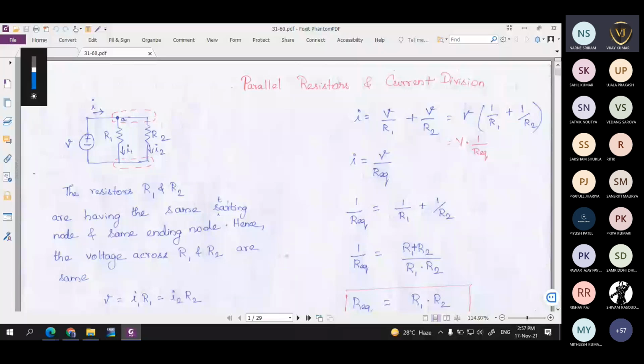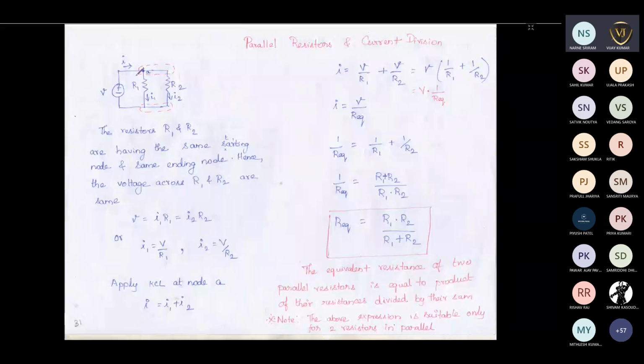Okay. So here, as we have already discussed, we have discussed what a parallel element is. Here, these three elements are in parallel: the voltage source, and the resistors R1 and R2. Our focus is only on resistors. If two or three resistors are in parallel, it means that the two terminals of each resistor should be